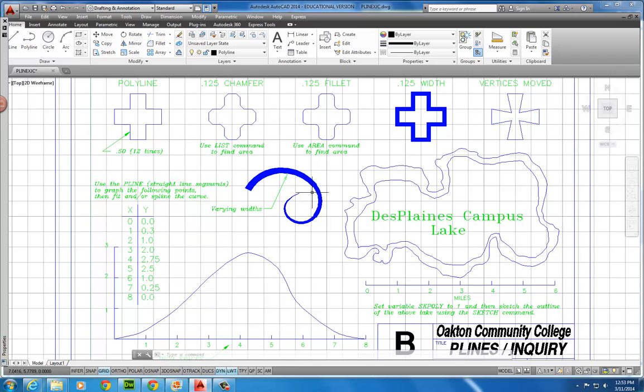This exercise is a little tricky, and what it does is it allows you to use polylines with arcs, and you can actually decrement the width as you go through it. And so if I select polyline and then I give it a starting point, and then I select width, and we'll start off with a width of 0.25 and we'll end up with 0.2, and then we will go and we will select arc. I can then start to recreate,